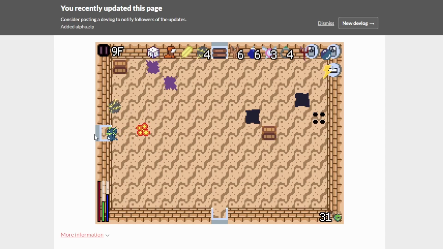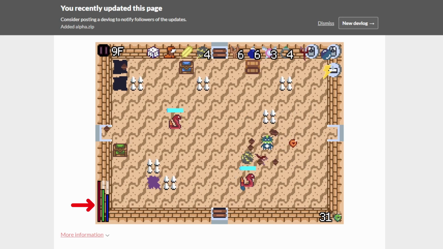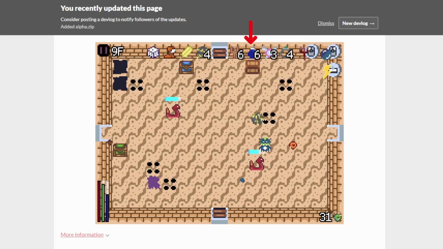This is what I used as a pillar when I made my first iteration of my HUD. I placed my health bars on the bottom left, I put my items along the top, I had my resources on the bottom right, and the pause on the top left. However, if you remember back to one of my original builds that I talked about in my first couple videos,